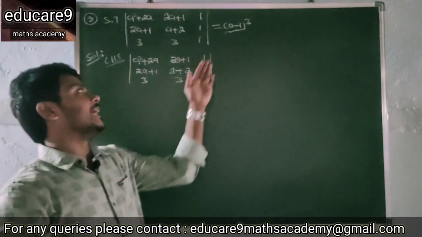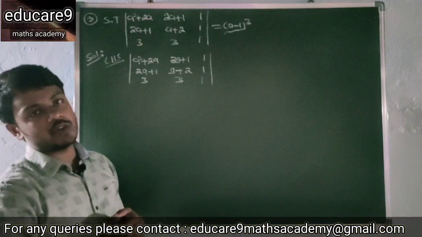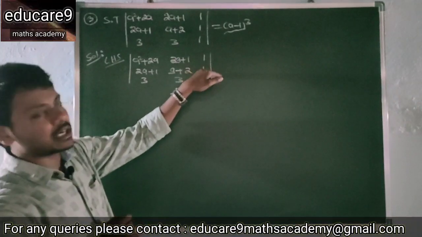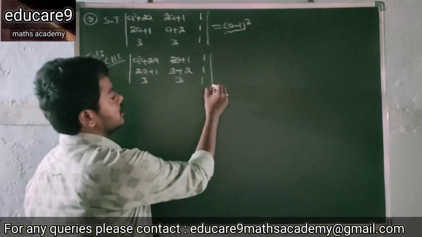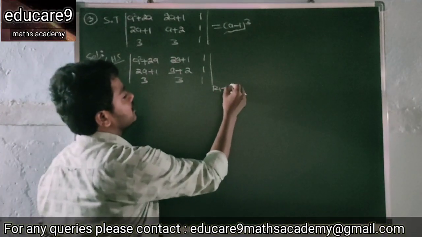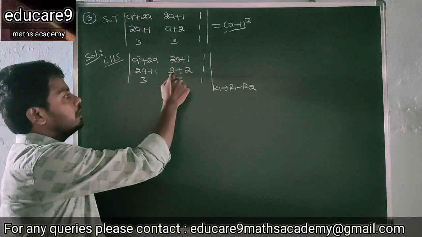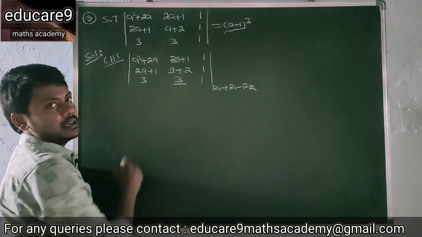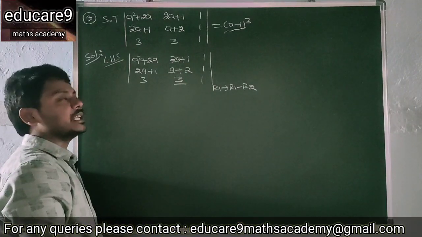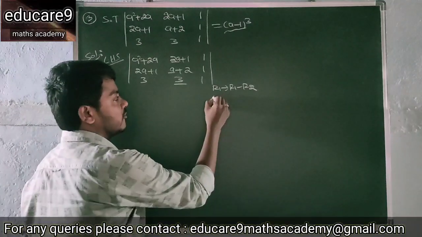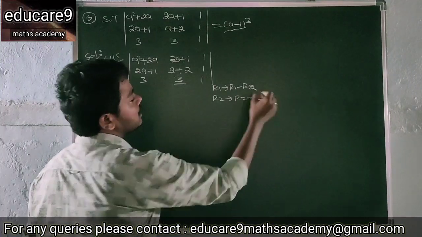So clearly you will get a minus 1. So when will you get a minus 1? If you do r1 minus r2, then clearly you will get a minus 1. See here, r1 implies r1 minus r2. And again a plus 2, here 3. So do r2 minus r3. So in that case also you will get a minus 1. Therefore for that, r2 implies r2 minus r3.